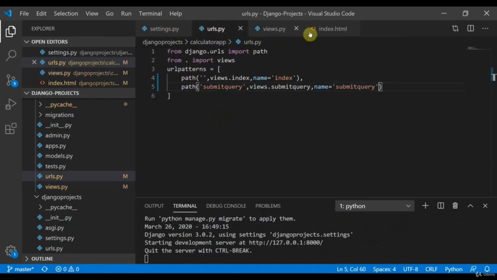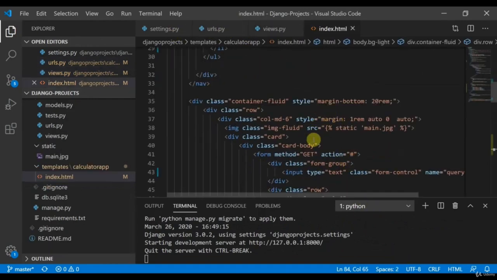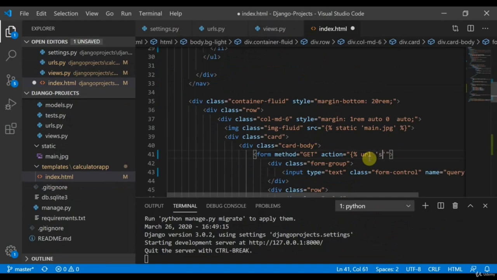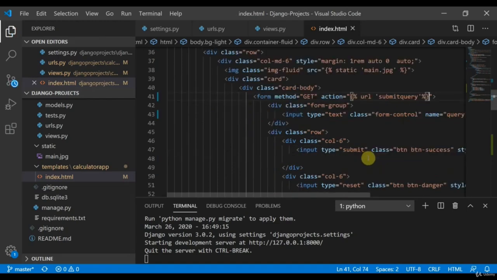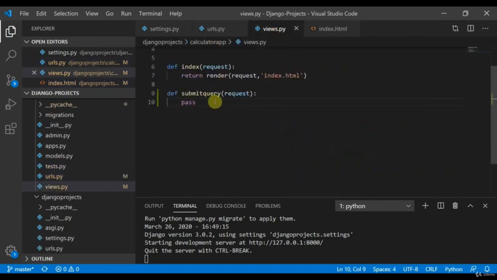And now I would move to my HTML page, where I have an action here, percent URL equal to submit query. Yes, this looks fine. This is submit query, fine. Now I would move to my submit query block in views.submit query, and I'll return